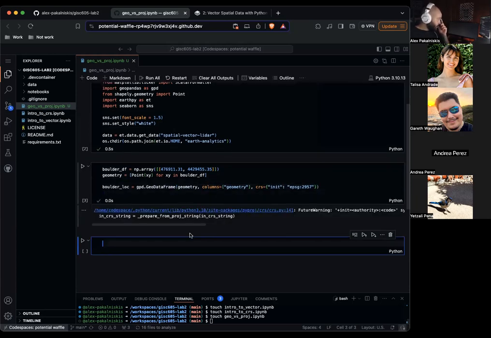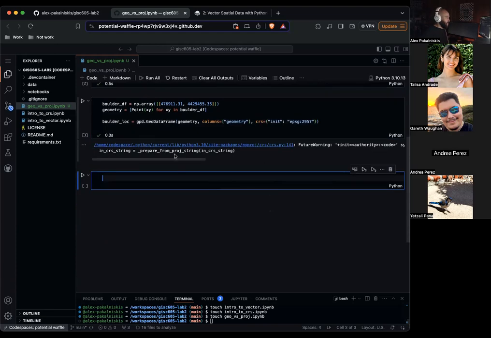Okay, so ignoring that, it's just some kind of deprecated method, not really of a concern for this lab.